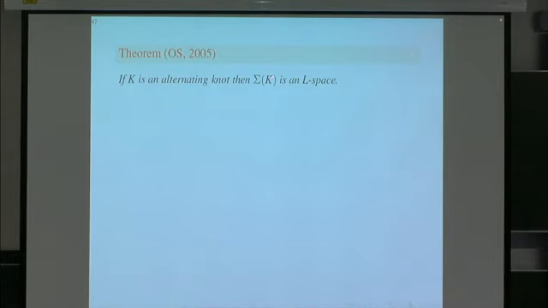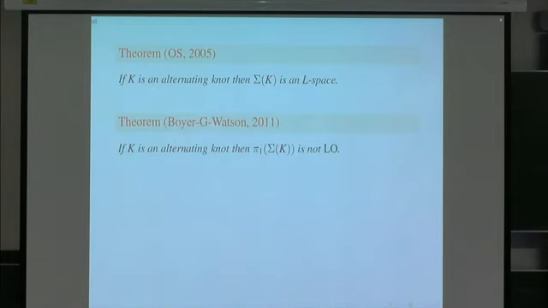But if the conjecture that I mentioned is true, then the fundamental group should be not left-orderable. Well, indeed, this turns out to be true, that if you have an alternating knot, then the fundamental group is in fact not left-orderable. So we proved this, Boyer, Gordon and Watson, in 2011. Also proved by Josh Greene and Levine and Lewallen. So again, this is some very, very mild evidence, extremely mild, because these are rather special manifolds, mild evidence